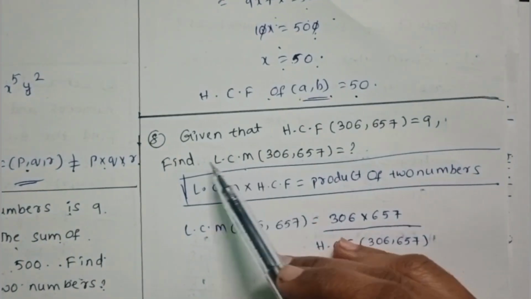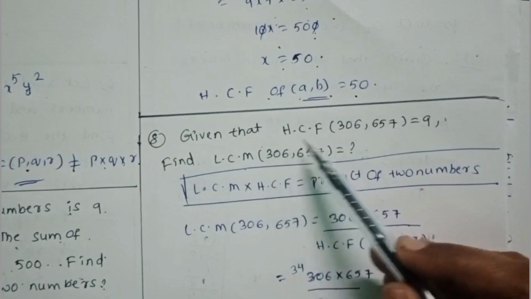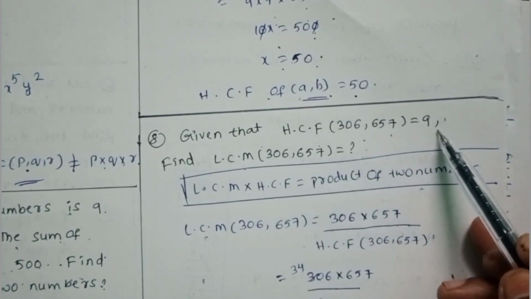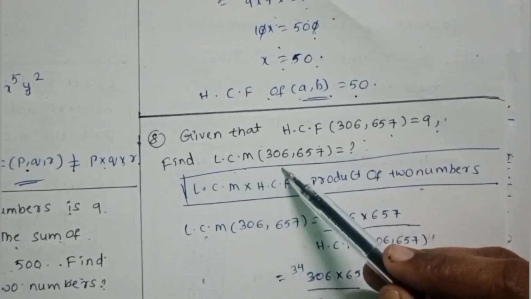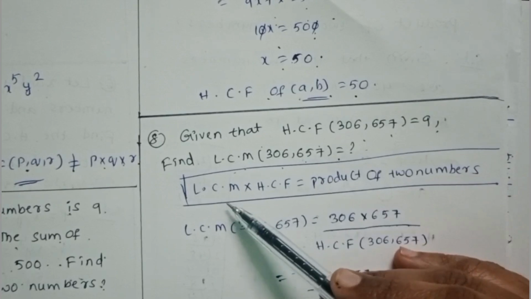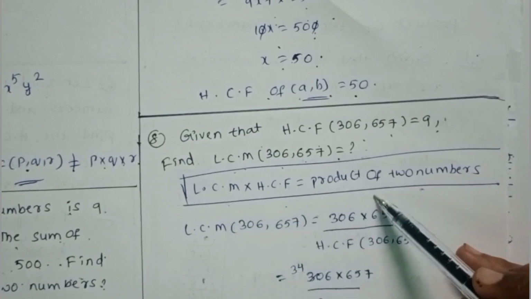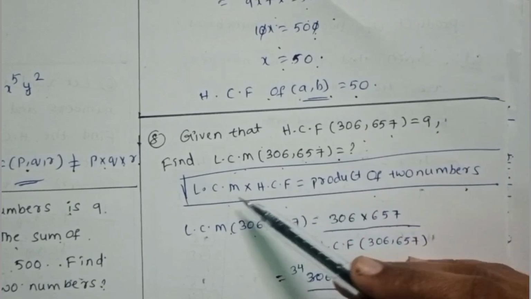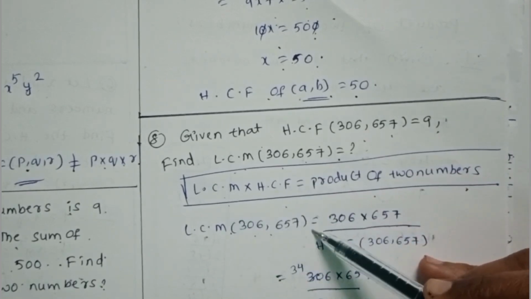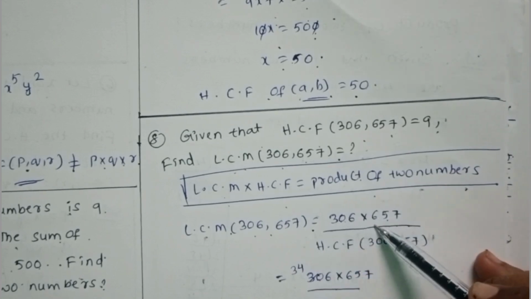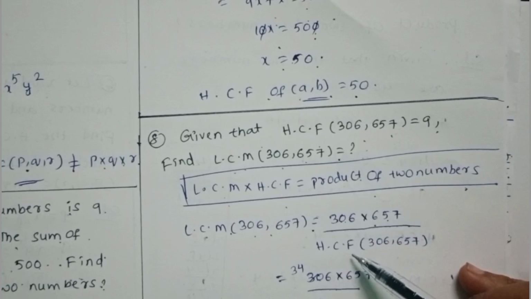Next question, eighth question. Given that HCF of 306 and 657 is equal to 9, find the LCM of 306 and 657. We know the formula: HCF into LCM is equal to the product of two numbers. We need to find the LCM. So LCM of 306 and 657 is equal to the product of two numbers, 306 into 657, by HCF of